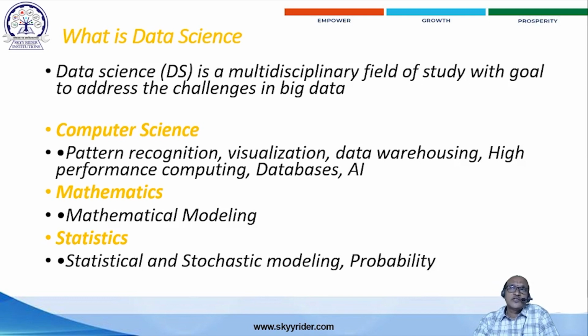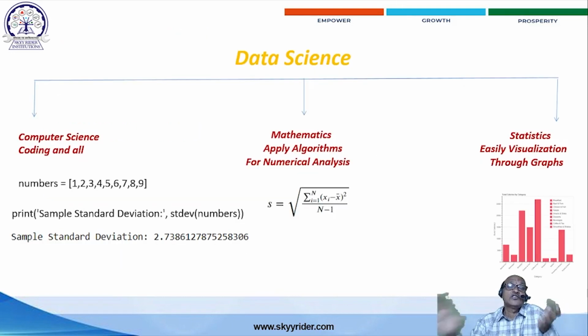Not only computer science, which relates to some mathematics. Mathematics is very essential, especially for mathematical modeling. Here, data science relates to three different domains: computer science, mathematics, and statistics. Statistics means, first of all, visualization graphs, and at the same time statistical applications, stochastic methods, and modeling with probability. Probability is about predictions. These three combined are called data science right now.